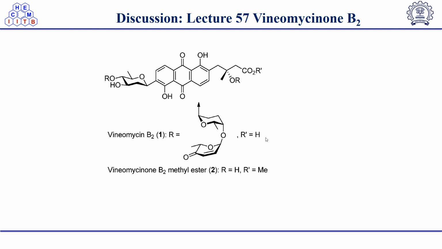Now moving to the total synthesis of vinomycin B2 by TS group. Vinomycin B2 methyl ester is derived from the acid catalyzed methanolysis of vinomycin B2. The total synthesis of vinomycin B2 reported by Marcus and coworkers in 1991 was a general methodology for appending the C-glycosyl units onto the anthraquinone